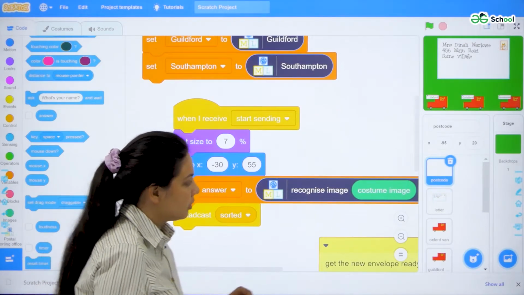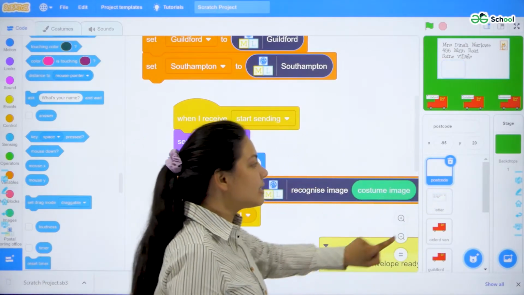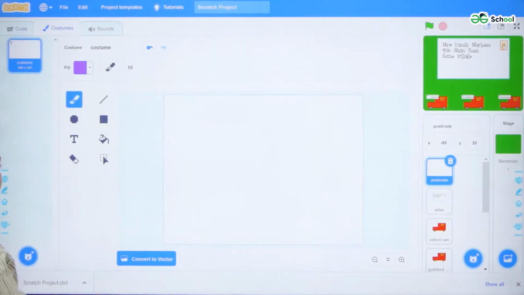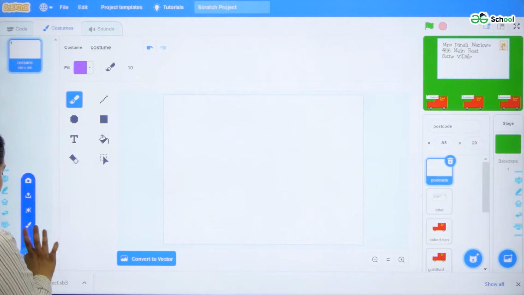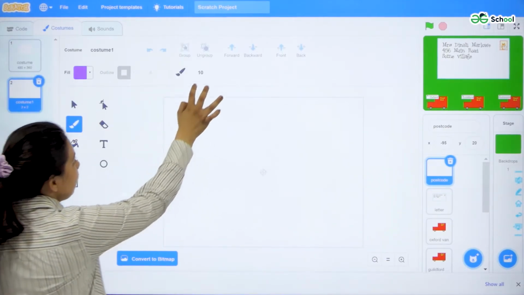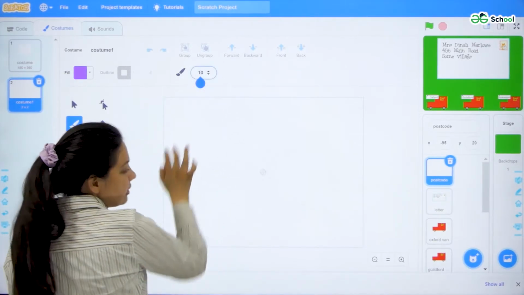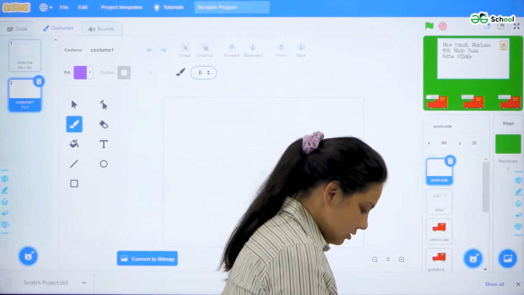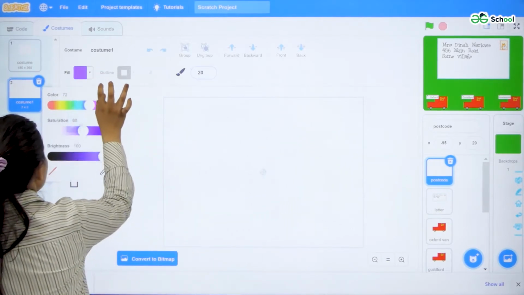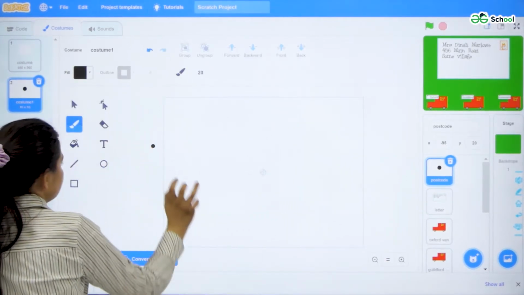Now, what I'll do is, I'll select the postcode sprite and go here to the costume section, and let us add some costumes. So from here, paint, and let us select the size as 20 with black color.